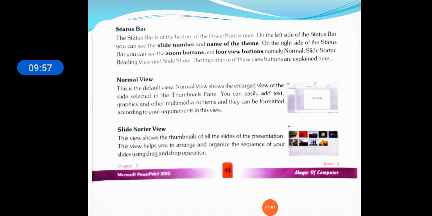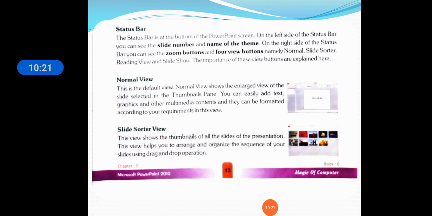Status bar. The status bar is at the bottom of the PowerPoint screen. On the left of the status bar, you can see the slide number and name of the theme. On the right side of the status bar, you can see the zoom button and 4 view buttons, namely normal, slide sorter, reading view and slide show. The importance of these view buttons is explained here. Now, all of you know what the status bar is.